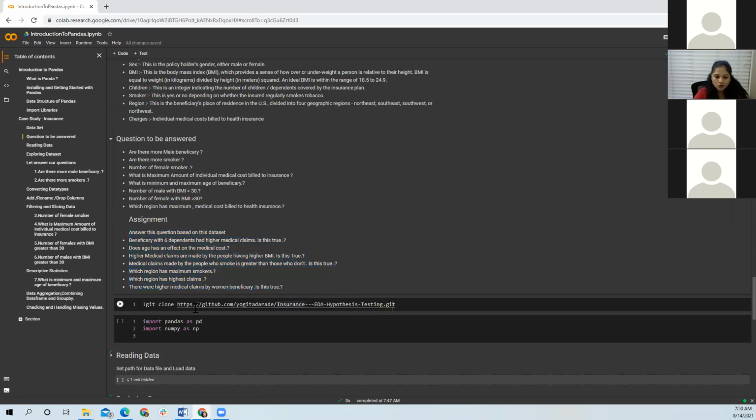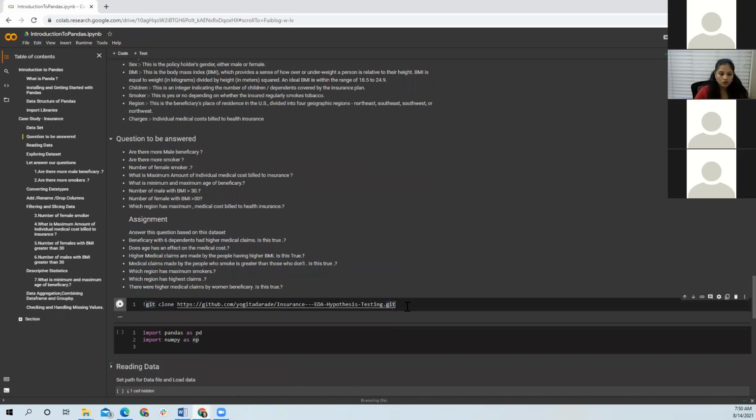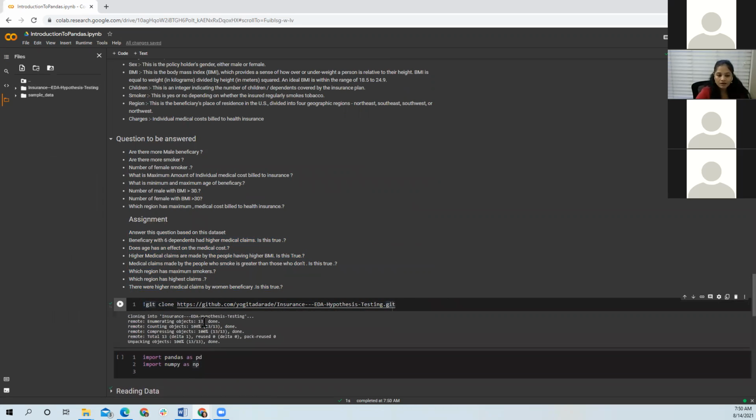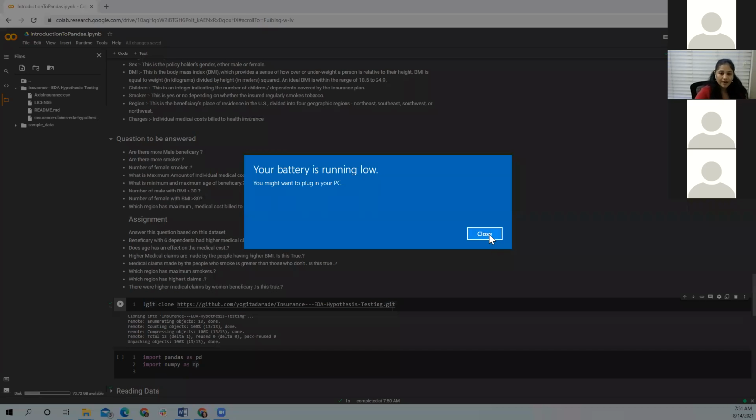So as usual, we start with importing pandas. Here, I am just bringing my data set into this Google Colab notebook. Once this is run, you can see there is a folder created in the files, and I can access my